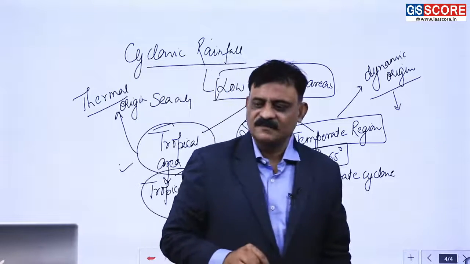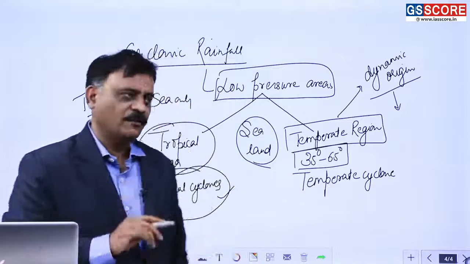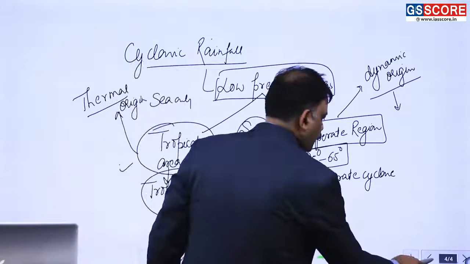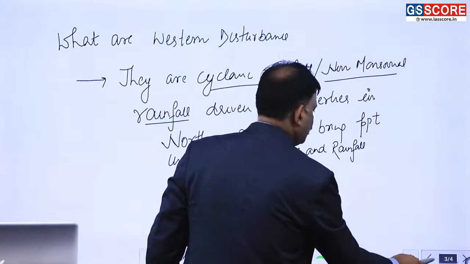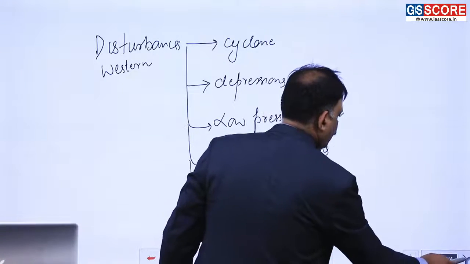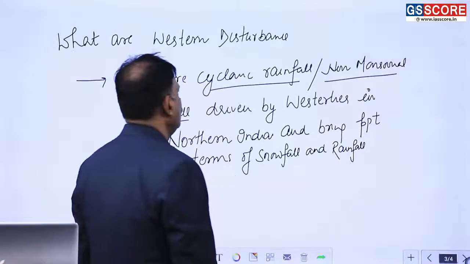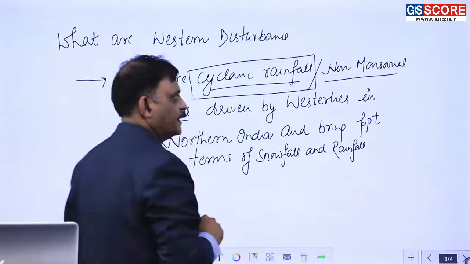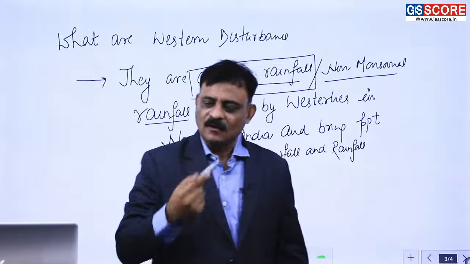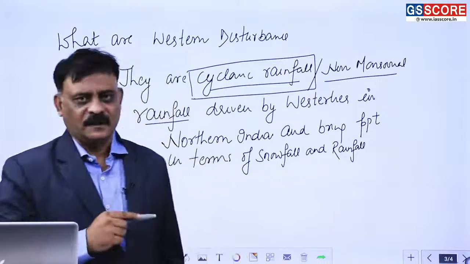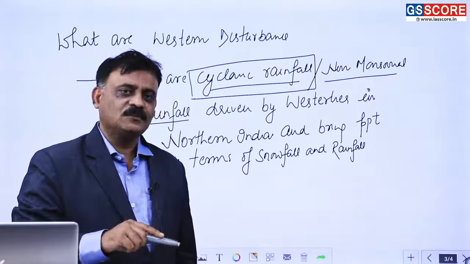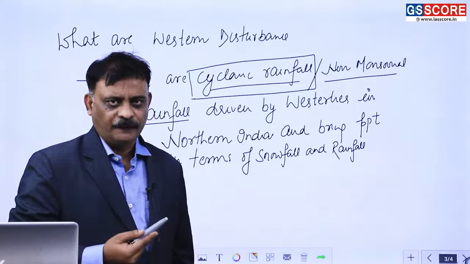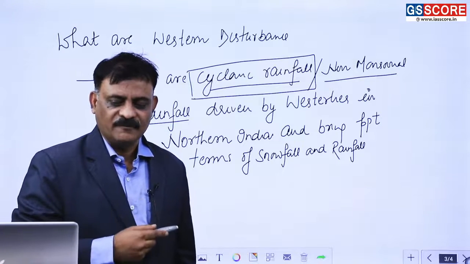ओके, अब आप लोग ये सोच रहे होंगे सर वेस्टर्न डिस्टर्बेंसेस पढ़ते पढ़ते आप कहां साइक्लोन पे आ गए। बच्चों मैं इसलिए साइक्लोन पे आ गया हूं क्योंकि मैंने आपको शुरुआत में बोला कि जो वेस्टर्न डिस्टर्बेंसेस की डेफिनेशन मैंने आपको बताई वो क्या बताई, साइक्लोनिक रेनफॉल। तो कई बार स्टूडेंट्स इस साइक्लोनिक रेनफॉल को समझ नहीं पाते। ये एक टेम्परेट साइक्लोनिक रेनफॉल है, इसको हम टेम्परेट साइक्लोनिक रेनफॉल कहते हैं।